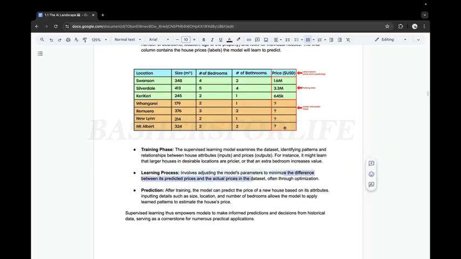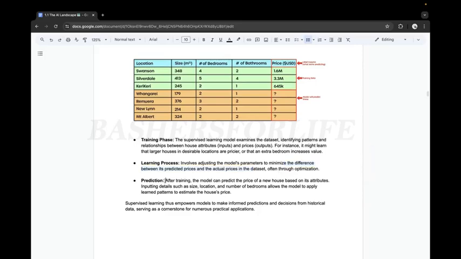So once it's got that difference as low as possible, then it's been trained to the specific use case and it's ready to be used for prediction. After training, the model can predict the price of a new house based on these attributes. Inputting details such as size, location, and number of bedrooms allows the model to apply learned patterns to estimate